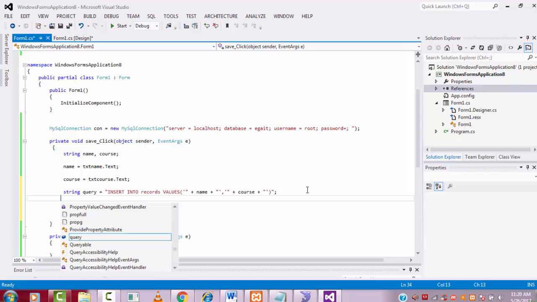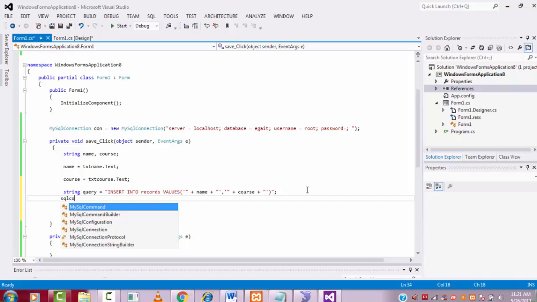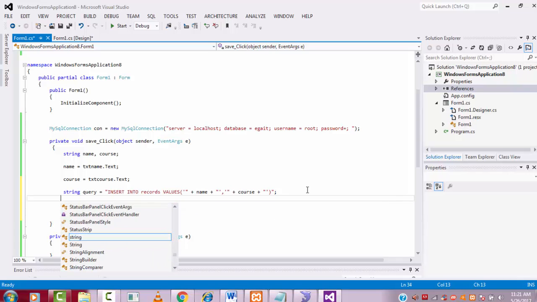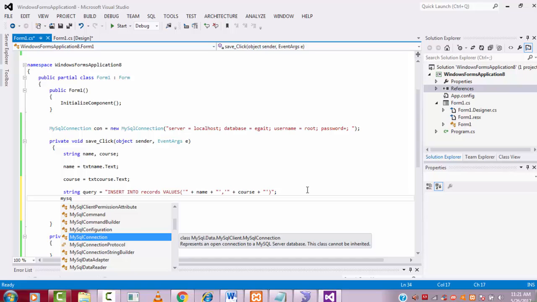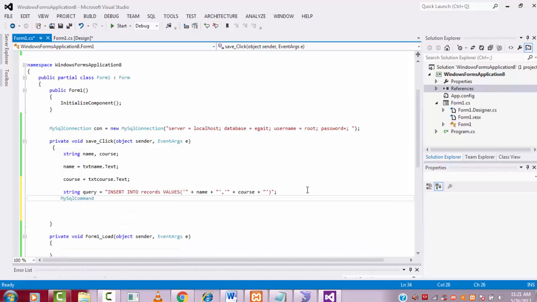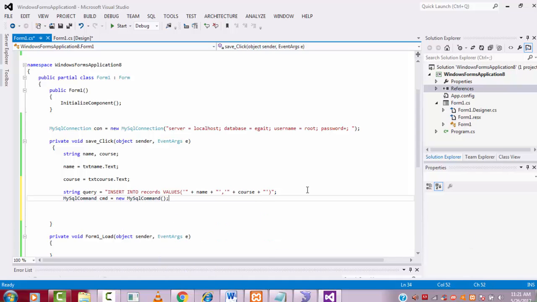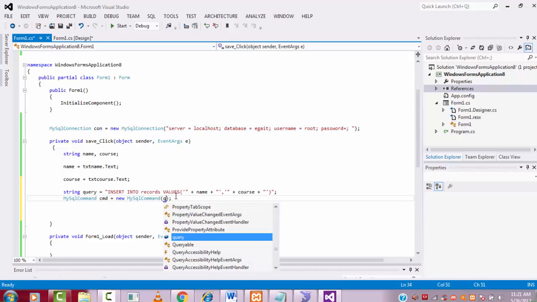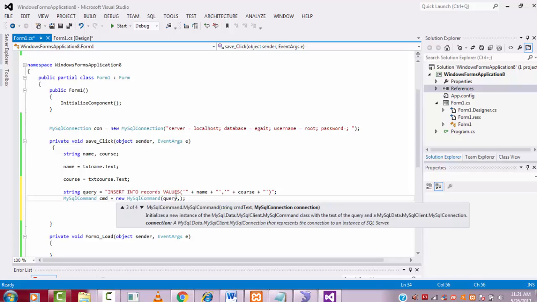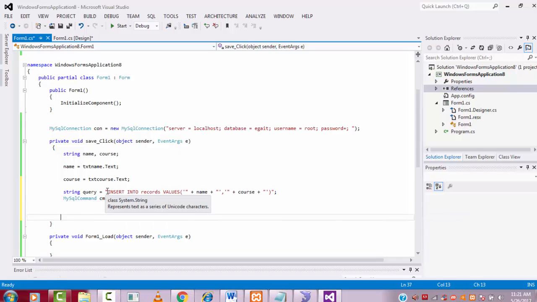query. After that, I'm going to create the MySQL command: cmd equals new MySqlCommand. What this does is check both the query and the connection, whether both are correct or not. It checks both. First it checks this one, after that this one. Query comma connection. First it checks the query for any errors, and if there is no error,